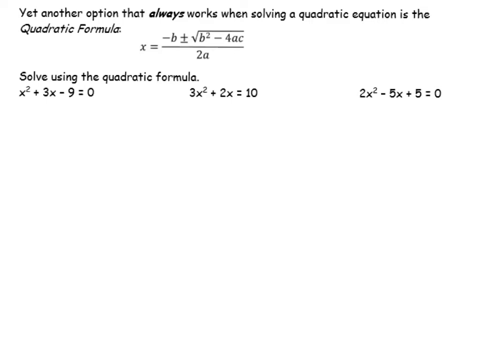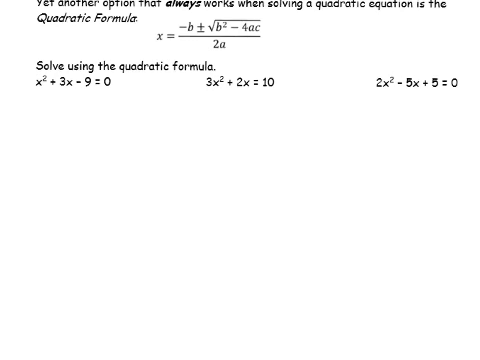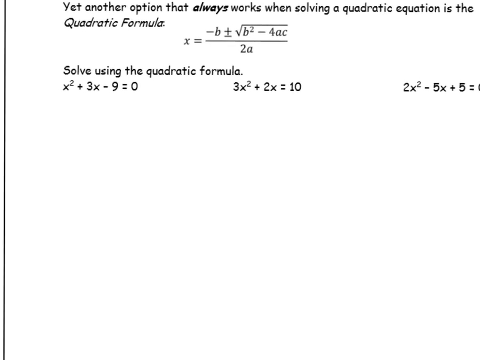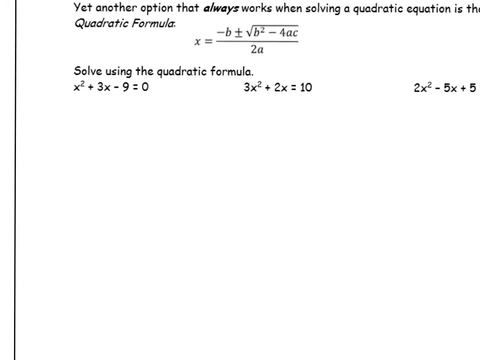Now here's the thing on this first one. I could go through and be like, oh, hey, I'm going to try to factor this. And look, it's not going to work. But I'll spare you. You can try to factor that. The A is 1, so you could look for 2 factors of negative 9 that add up to 3. And then, spoiler alert, you're going to be looking for a while because you're not going to find them. But that's okay. We have the quadratic formula, which says